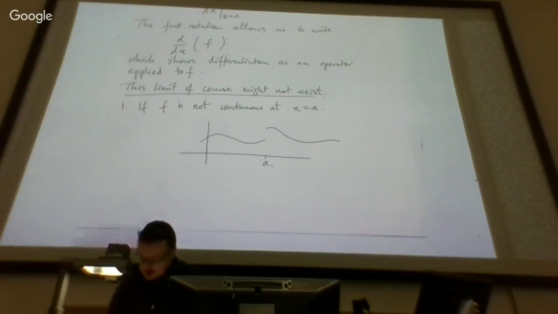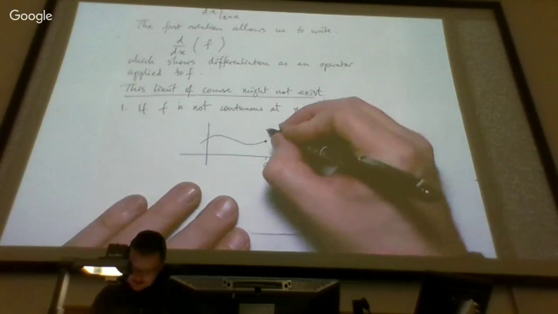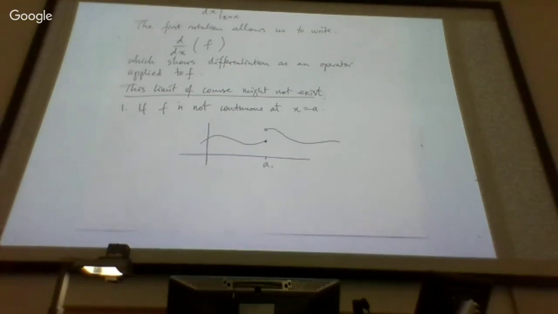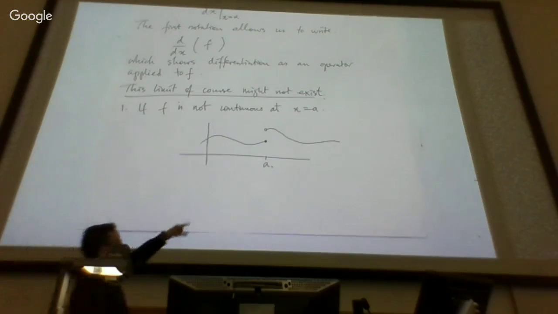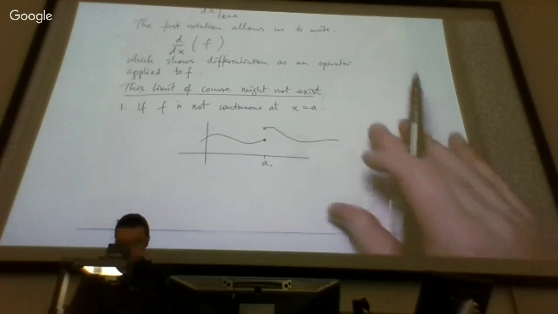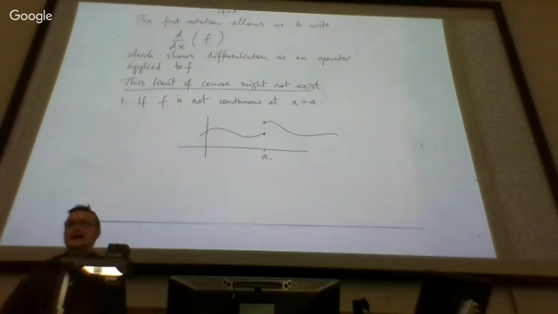And maybe the function has this lower value as its actual value defined at a. But then for all points bigger than a, it's taking values on this upper branch here. Well, there's a problem here with defining the derivative at a,